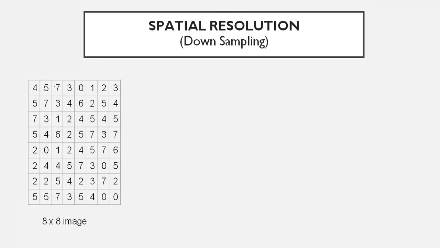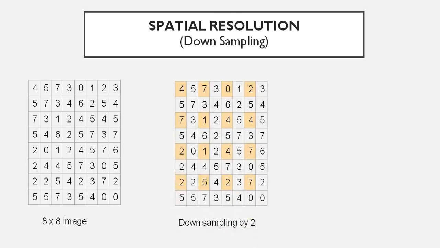So now in this example, we have an 8 cross 8 image, and we will downsample this image by 2. Now when we are doing downsampling, how will we decide which pixels we need to retain and which pixels we can get rid of? Because when we are reducing the size of the image, that means we are reducing the spatial resolution, so we want to reduce the number of pixels here. So how will we decide which pixels are to be removed? Here we will use the technique of sampling, where we are selecting alternate rows and alternate columns to be retained.